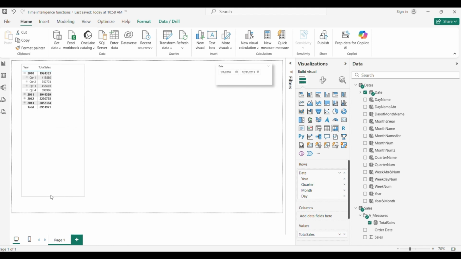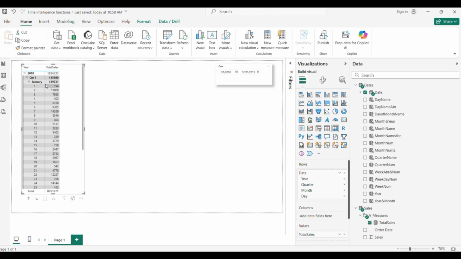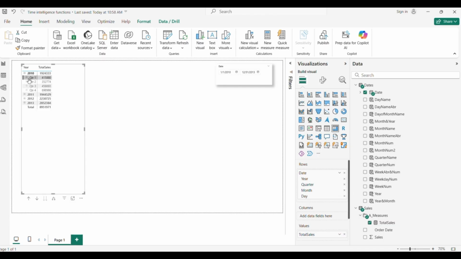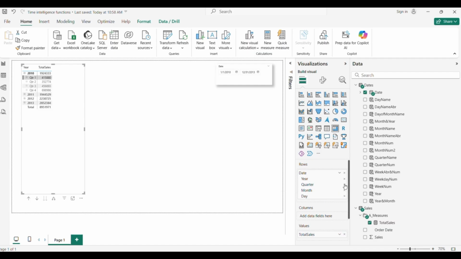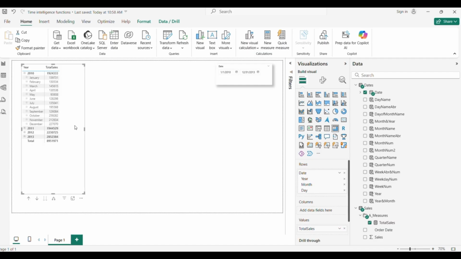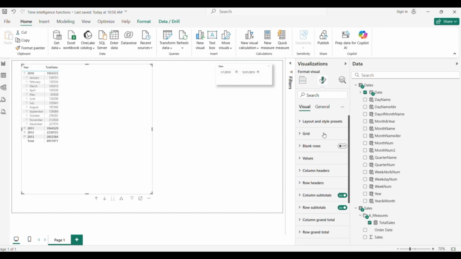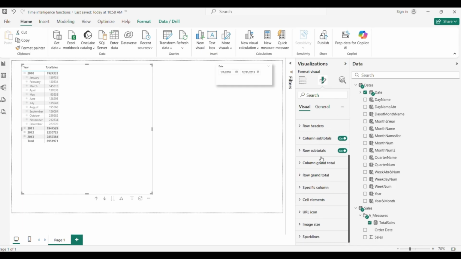As you can see, the data has already been filtered in a matrix table. We have sales by quarter, by months, and also by days. But I will simplify things. I will take quarter out, and I will focus mostly on months. And let's increase our values a little bit.